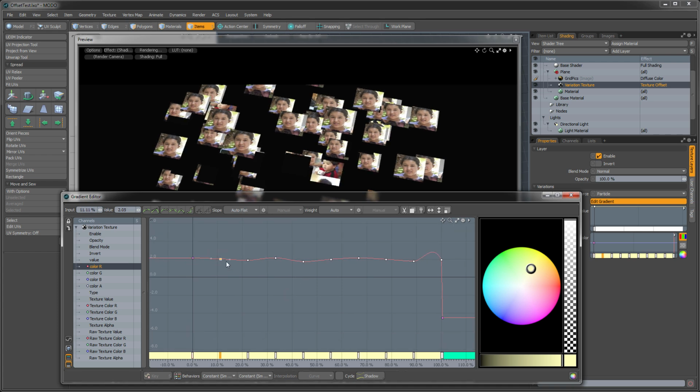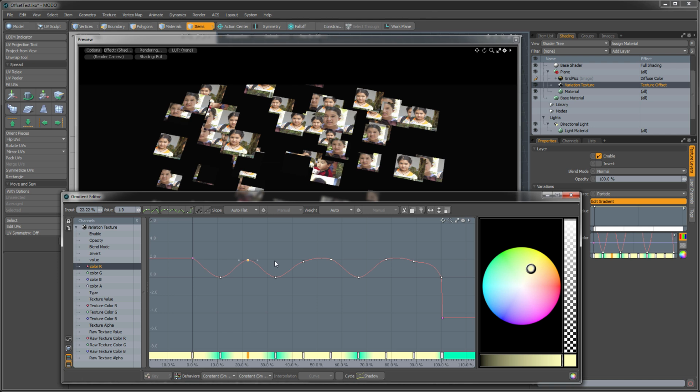Now these second ones, 1, 2, 3, 1, 2, 3, 1, 2, 3 here. These are all going to have a value of 0 for no offset. Now these guys, 1, 2, 3, 1, 2, 3, 1, 2, 3. These,